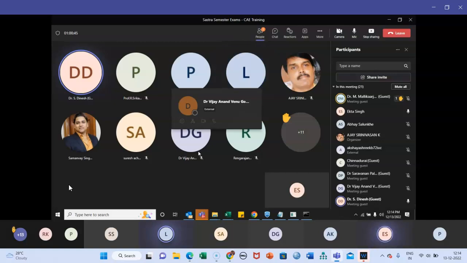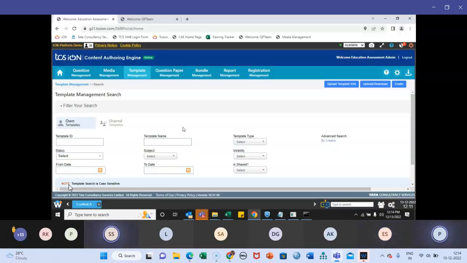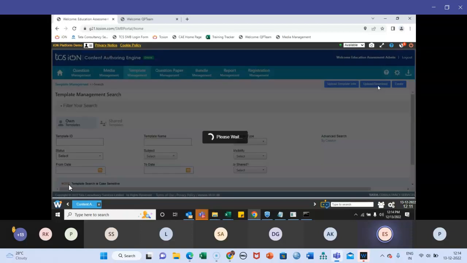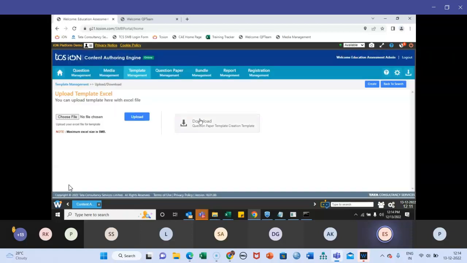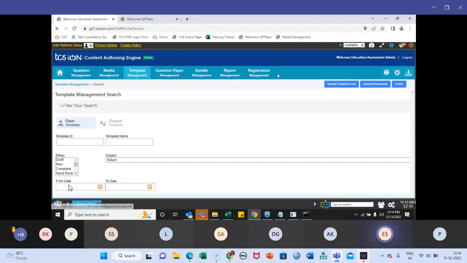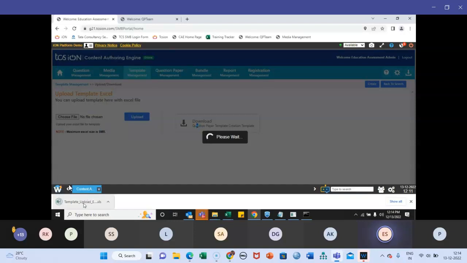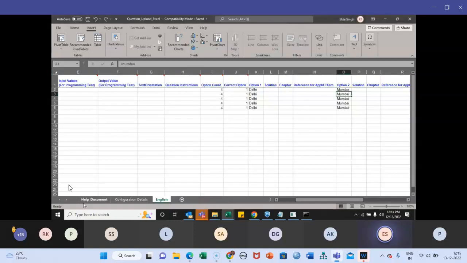Sure, ma'am. So now we'll proceed with the template upload Excel. We come to template management, and we go to upload and download. We can download it from here, or we can go to download CAs and Excels, and we can download the question paper template creation template. So anything that is easy for you. Let's download it from here. Once I download the question paper,